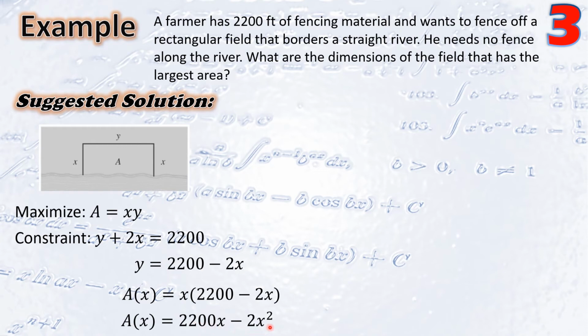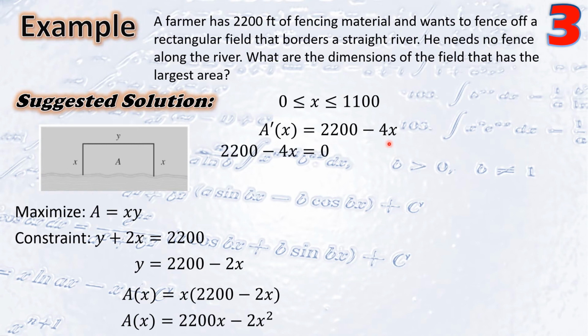2,250x minus 2x squared. In here, x is an element of the closed interval 0, 1,125. So we get the derivative of A of x, that is A prime of x is equal to 2,250 minus 4x. And to get the critical number, we have 2,250 minus 4x equals 0. We get 2,250 is equal to 4x. Dividing both sides by 4, the only critical number that we have is